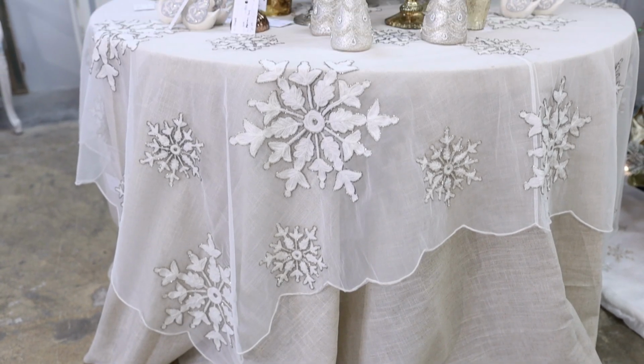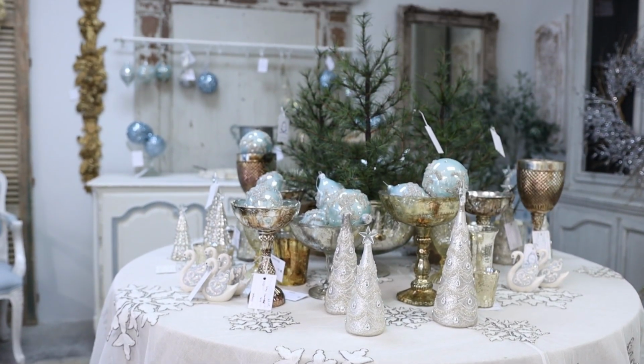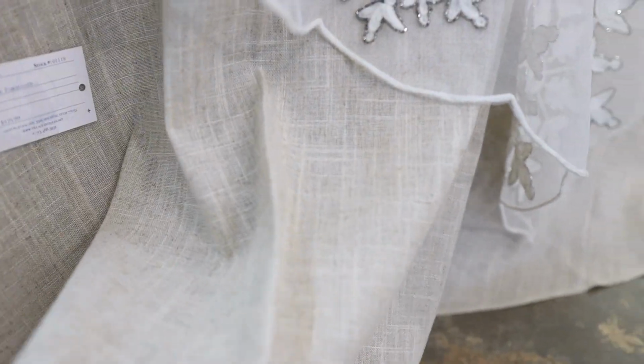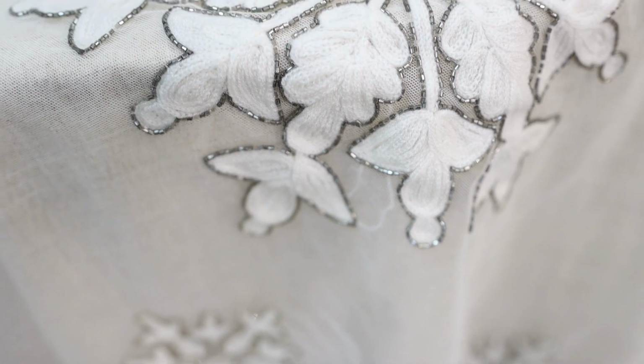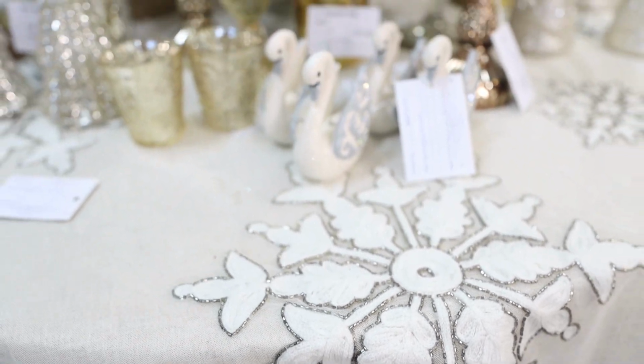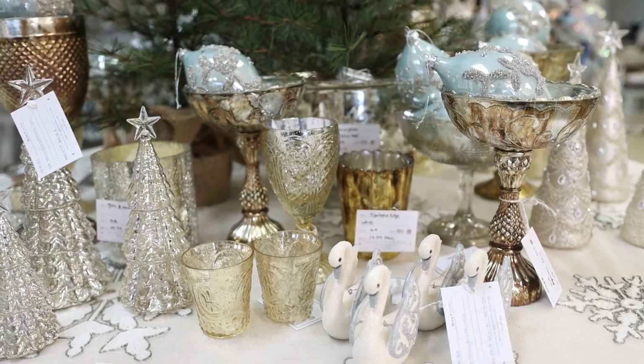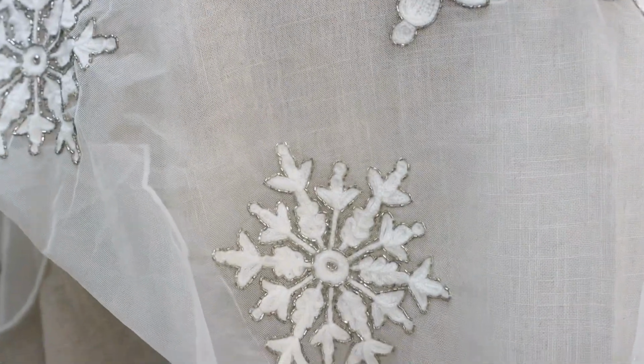Now here you can see I was able to extend this beautiful color palette right onto this magnificent wintry tablescape. The good thing about this very beautiful French blue is it ties so well with linen tones and off-whites and cream colors that I was able to bring in a variety of other colors and textures to blend with this Christmas tree style. I started with a linen underskirt and this beautiful table topper to continue the beautiful spirit of